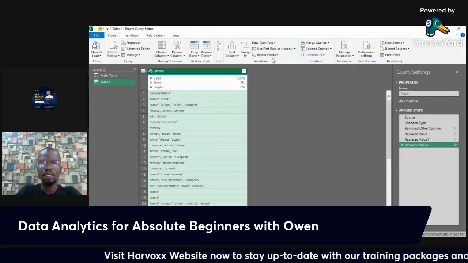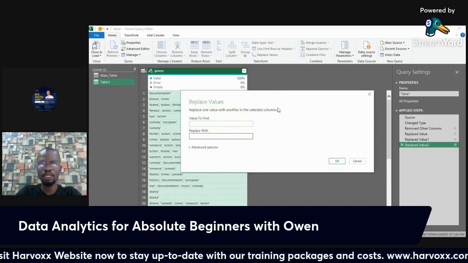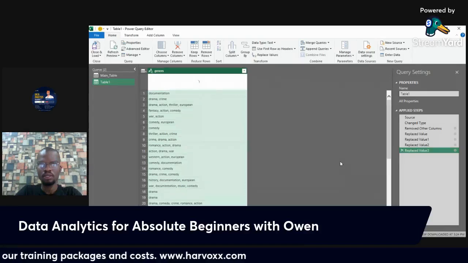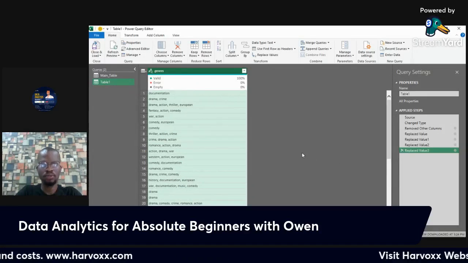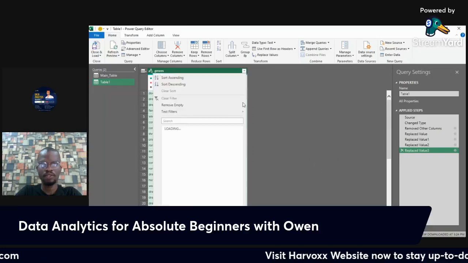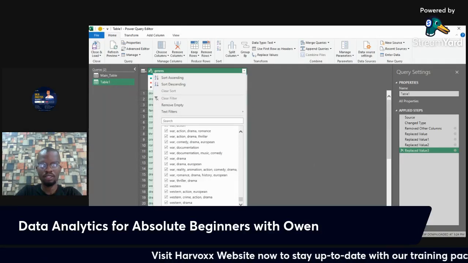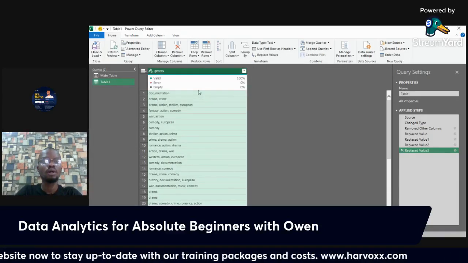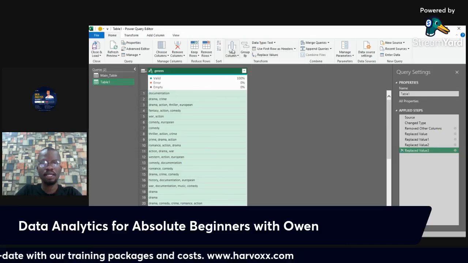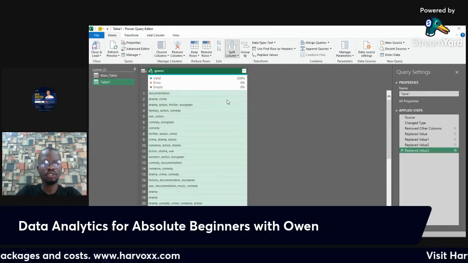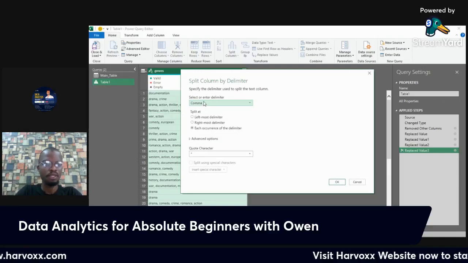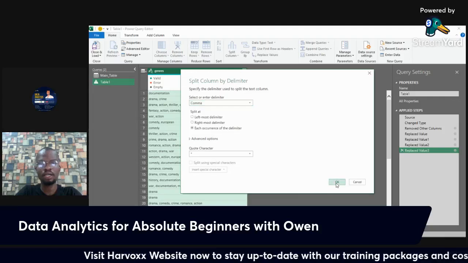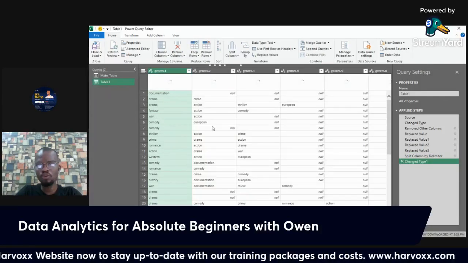All right. I can also do the same thing to replace the quotes. Okay. This is looking good. I'm not expecting anyone to have an issue with this. All right, now I can split column by delimiter, which is going to be comma. See, where we automatically attempt to detect it, and it's done well here. So I'm splitting into multiple columns.